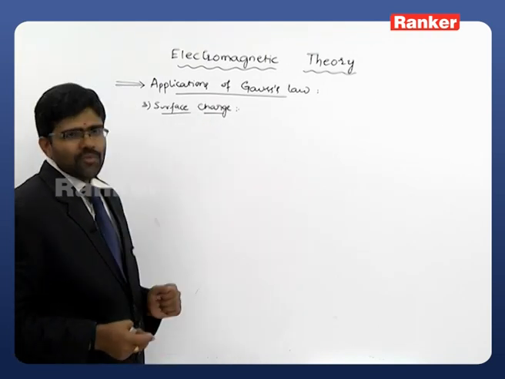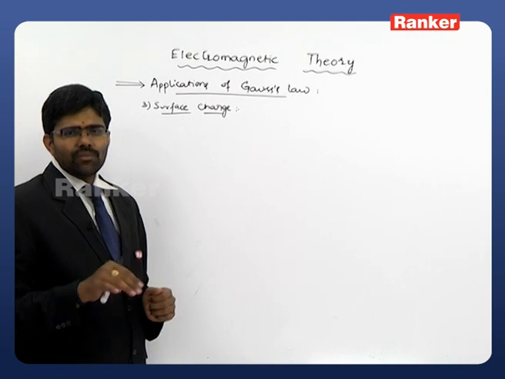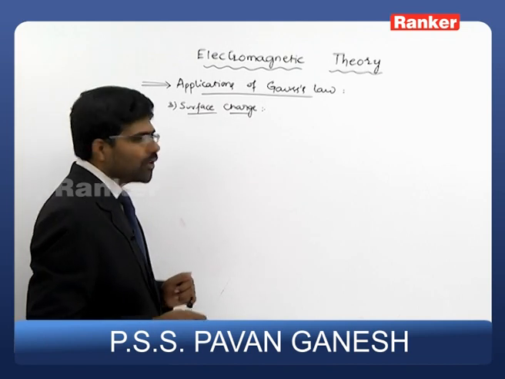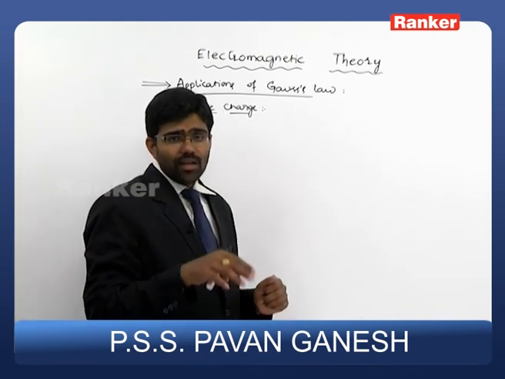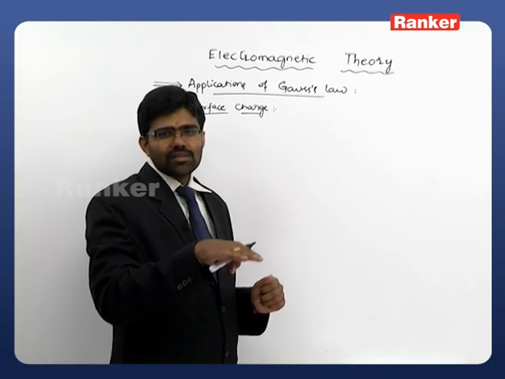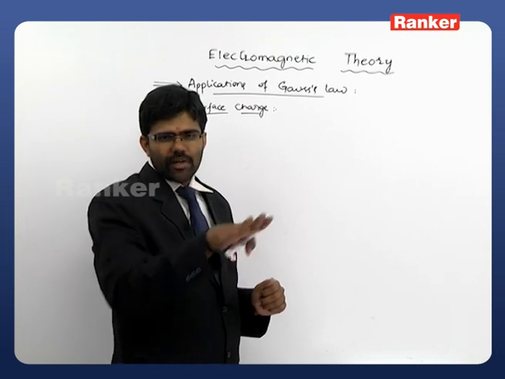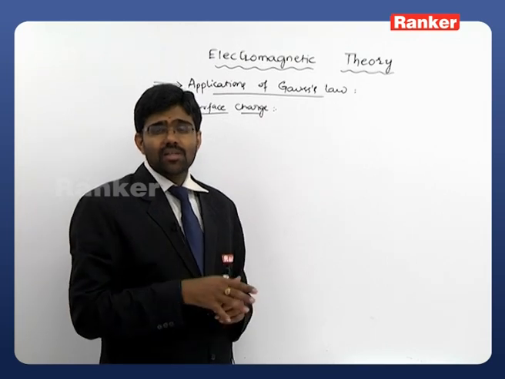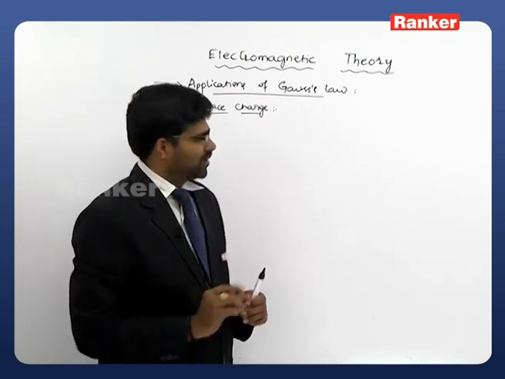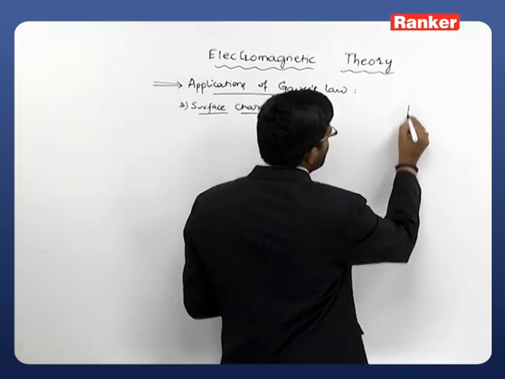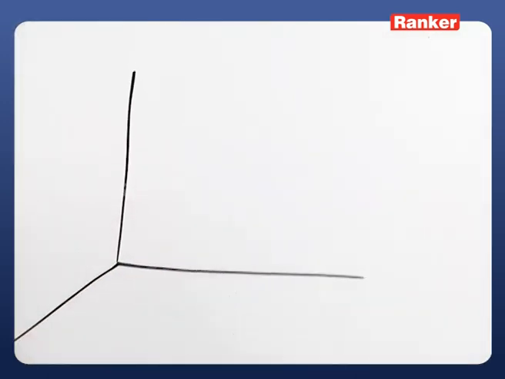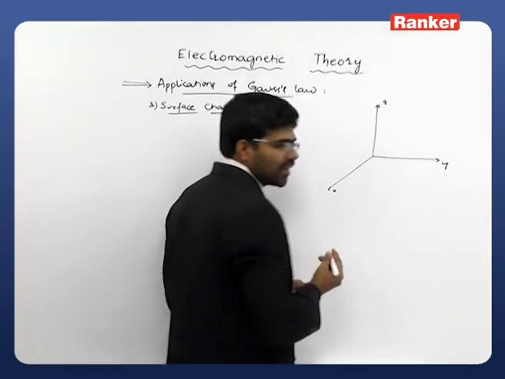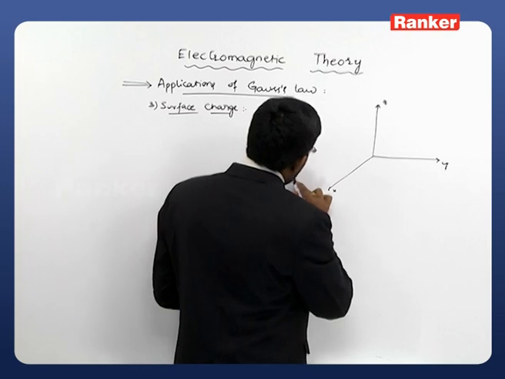Now we will examine what the electric field intensity is because of a surface charge when the charge is uniformly distributed over it. For our convenience, I will take a surface or sheet that lies exactly on the xy plane, and ask what will be the electric field intensity at a point P in free space. So let us draw how the sheet was placed. I will take our Cartesian coordinate system xyz, and on the xy plane